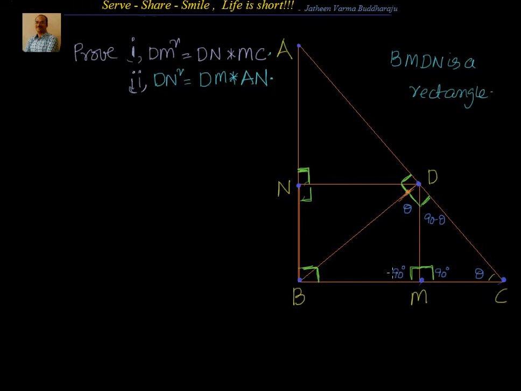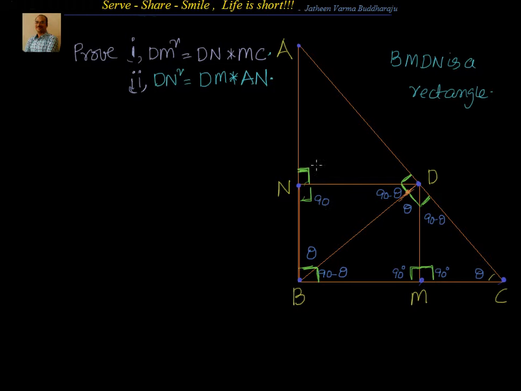I have again 90 degrees here. I have 90 minus theta. You are okay with that, right? Because some angle property tells that it's always 180 degrees. So if this is theta and 90, then this should be 90 minus theta. And again we know this total angle is 90. So this becomes again theta. So if we do like that, we can identify all the angles and we can see what are the similar